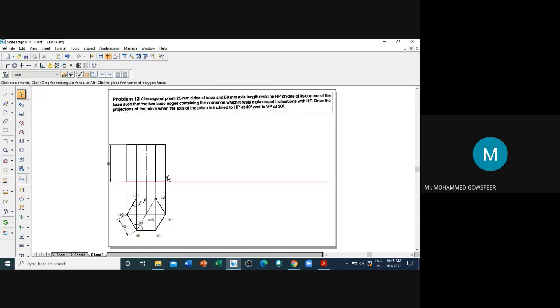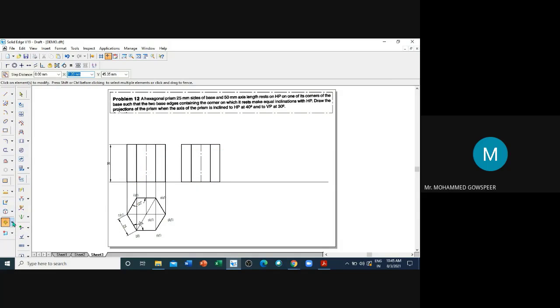Now this is the front view of a hexagonal prism. Next, the axis is inclined to the plane at 40 degree. Now use the move command, move and copy, click on elements to modify, place it here.